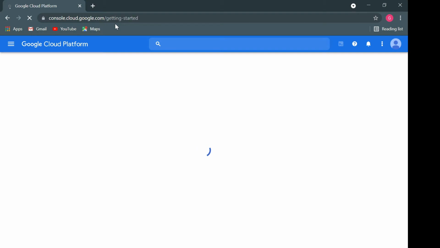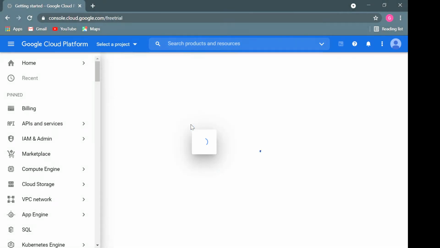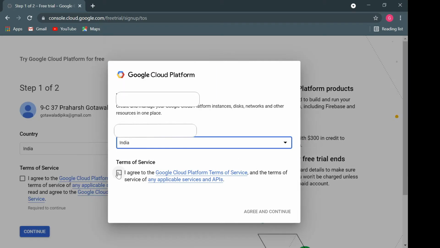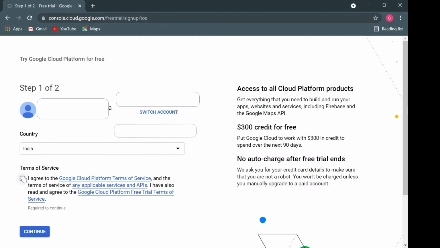Open the site, try for free, agree and continue by accepting the terms. Again accept the terms and continue.